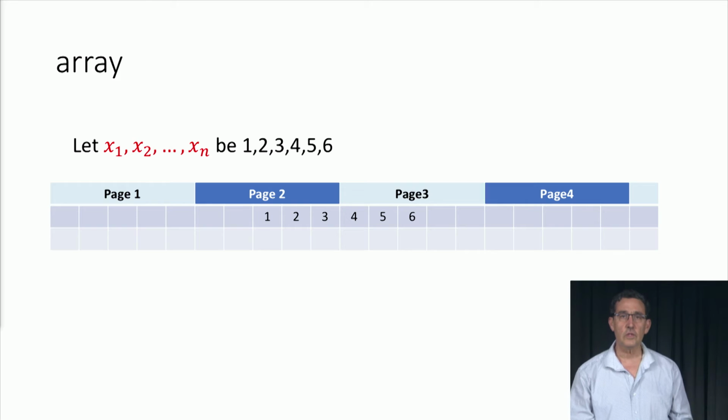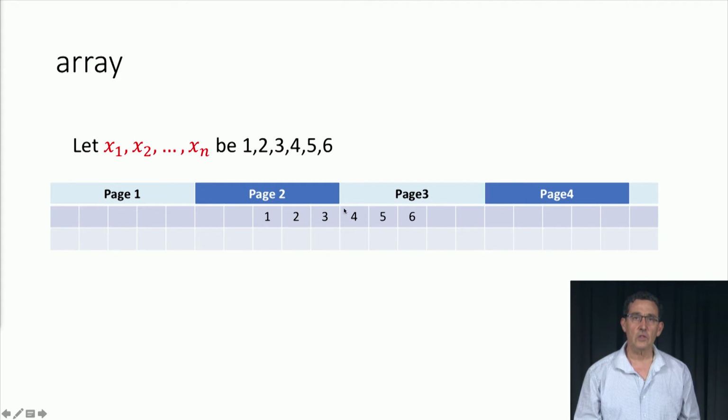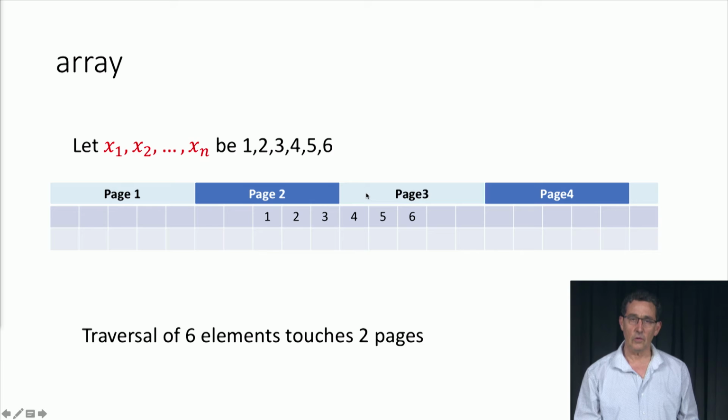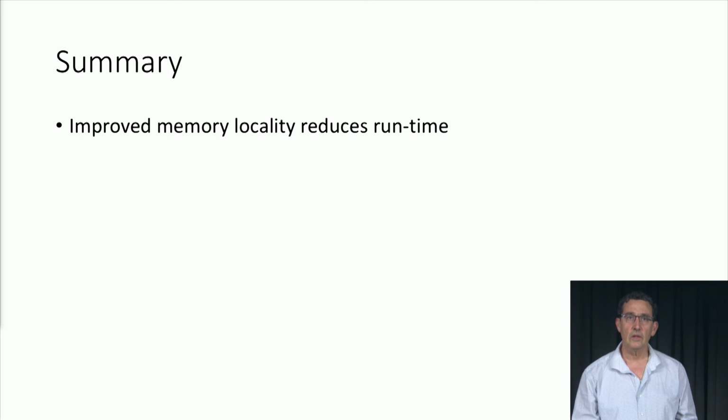An array approach would simply be to store all of the elements consecutively, 1, 2, 3, 4, 5, 6. So however we're going to store them, if we store them consecutively, they're going to use at most 2 pages. So in this case, we just need to touch 2 pages, and that will be faster. So you see why storing things in order in an array with an index is more efficient than storing them in a linked list. So to summarize, improved memory locality reduces runtime